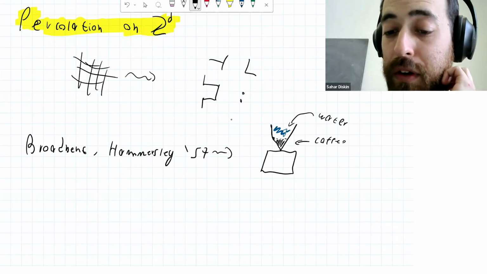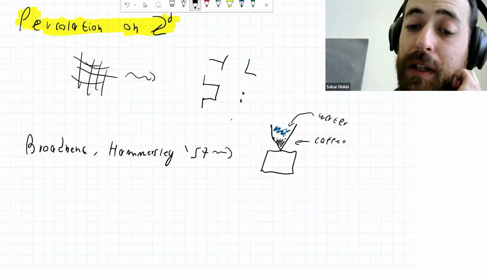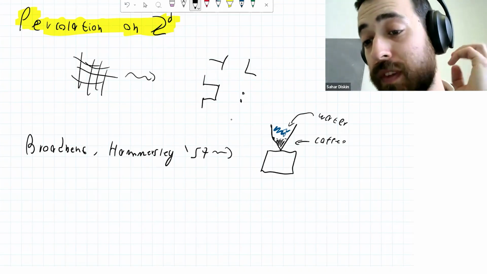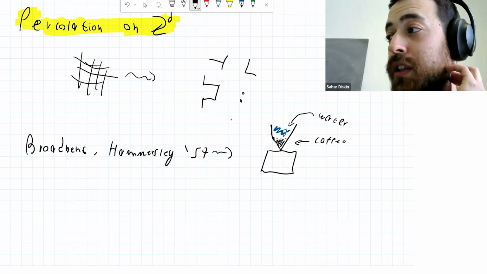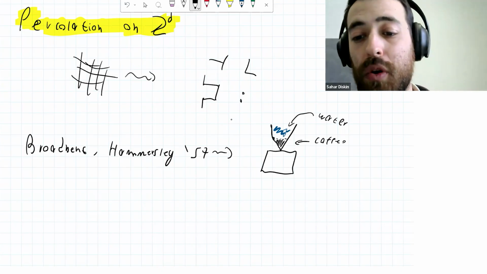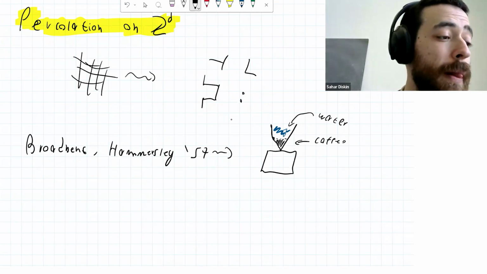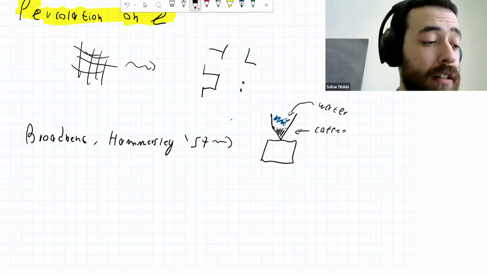So I can imagine this as blocking. Every time I have a coffee bean here, it removes one of these possible edges of moving. And a lattice is an object that physicists really like because it's easy to work with. Okay, so this is just some motivation. And in this setting,